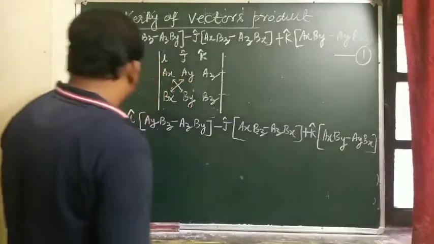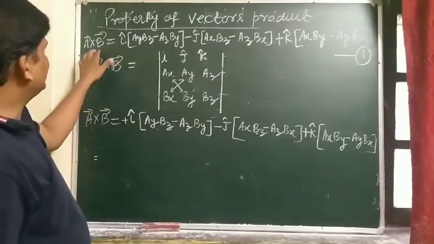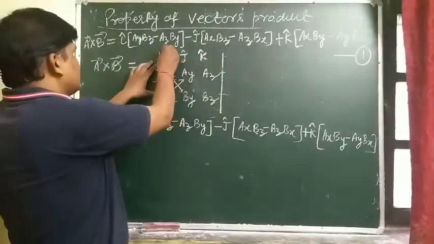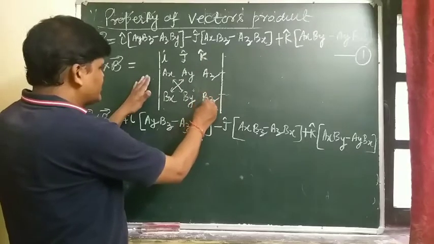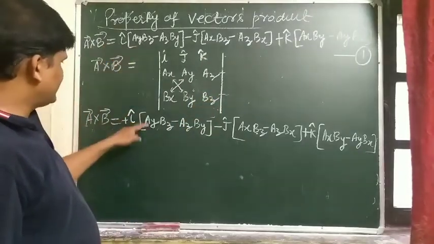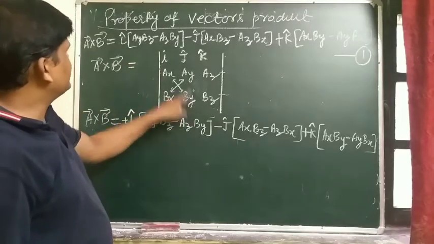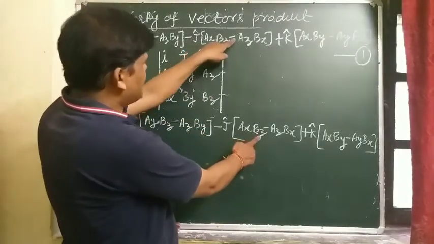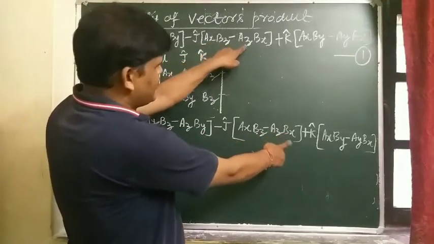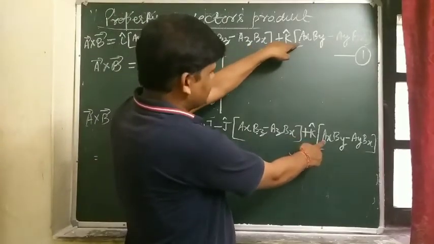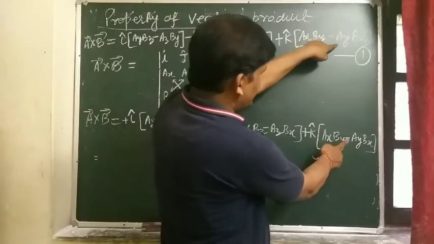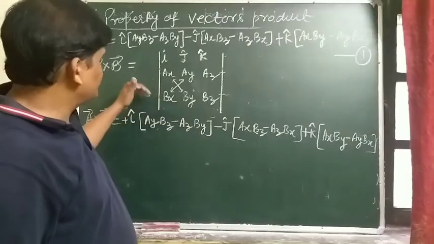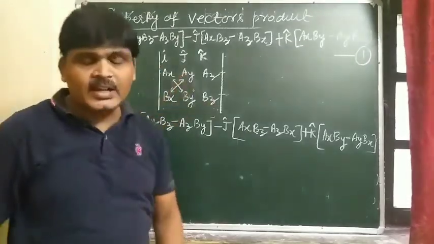And student, see A cross B of equation 1 and expansion of determinant. This is the determinant and expansion of determinant. See the answer: AY BZ minus AZ BY, minus J cap (AX BZ minus AZ BX), same plus K cap (AX BY minus AY BX), and you will see that expansion of determinant which is equal to the vector product of